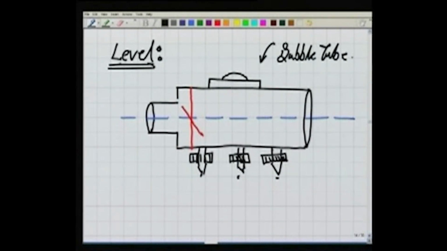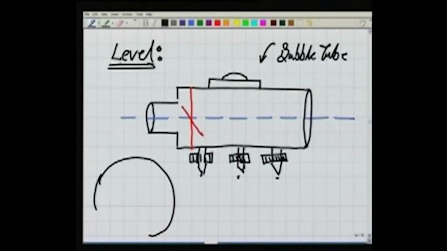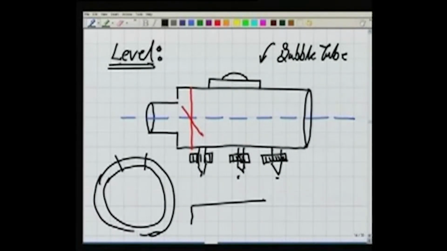Now, what is a bubble tube? We have already seen this when we were talking about the theodolite. We know a bubble tube is a part of a very large circular glass tube. So, I am just cutting a little part from this glass tube and encasing it in some casing, and if I see it in the plan, this is the casing. Inside this casing